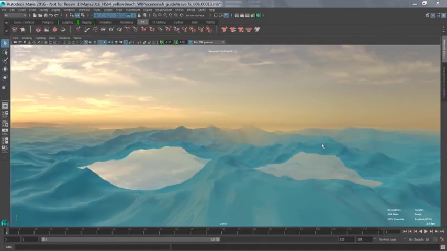In this presentation, we're going to be looking at guided liquid simulations in Bifrost using Maya 2016. Guided simulations lets you drive the behavior of liquids either using a low-res cached simulation or an animated mesh object. In this example, we're going to be using a deforming polygon mesh of some ocean waves to guide our liquid